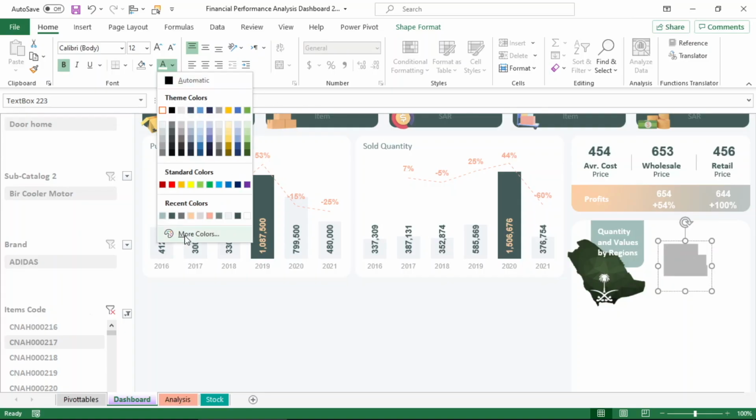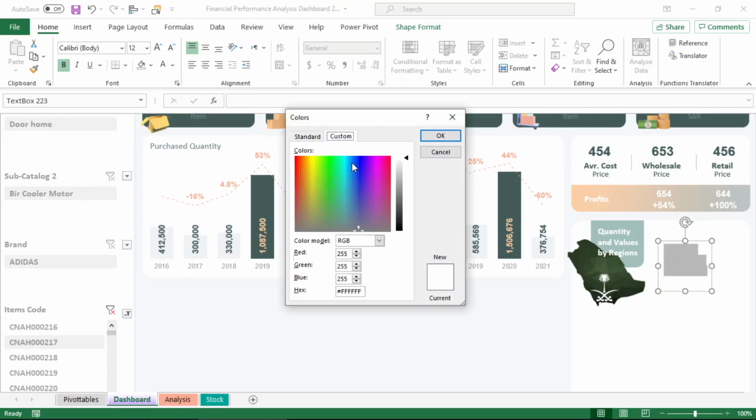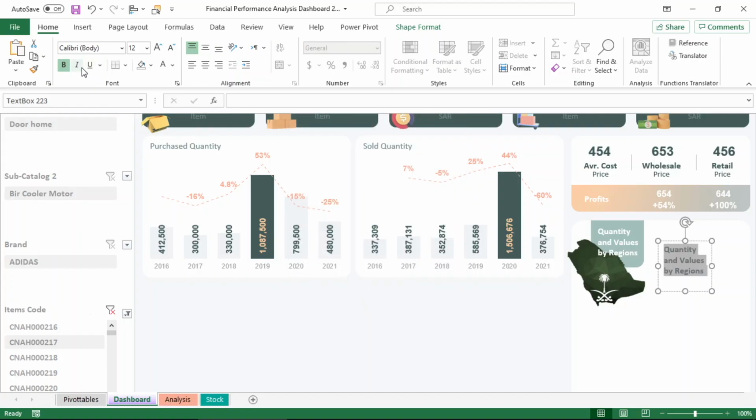Its exit from the white box adds a more beautiful touch, as well as placing the title text on the map. Next, add the name of the city. Below we'll add the total quantity of products and their total value.